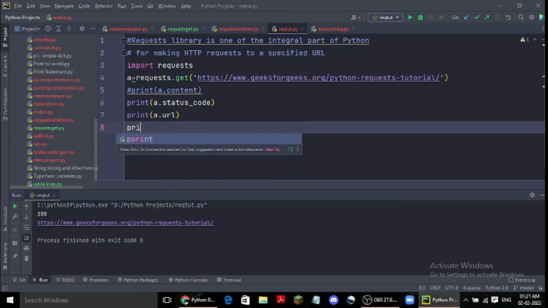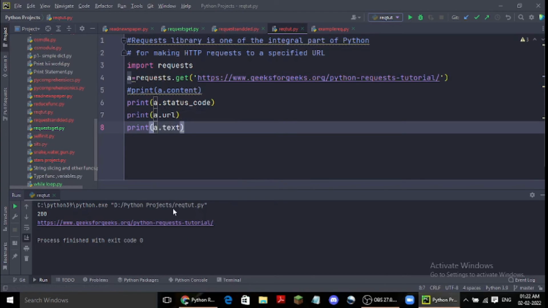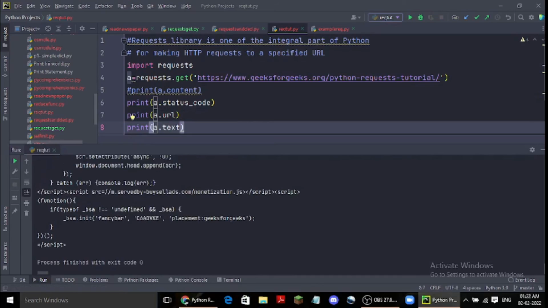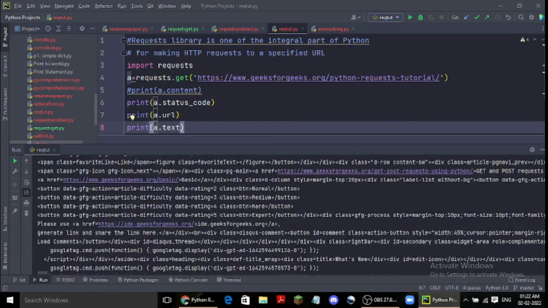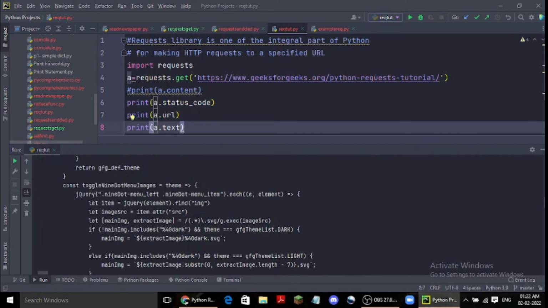Okay, there is one more response: print a dot text. What this text does is it prints all the content in Unicode. If I run, you will see it has printed every content in the form of Unicode, the way it was written.